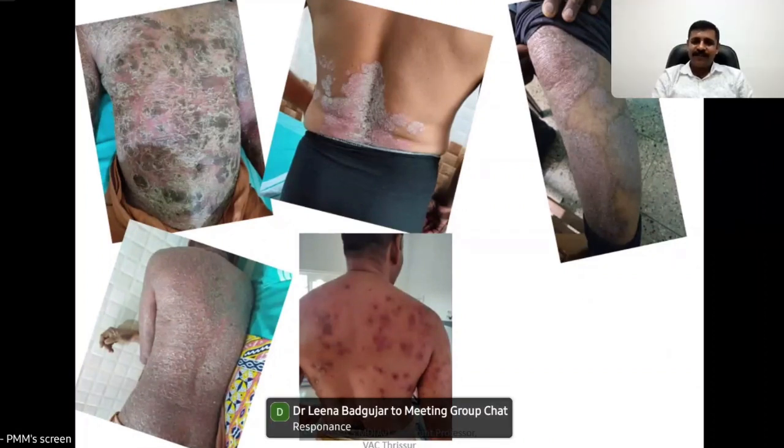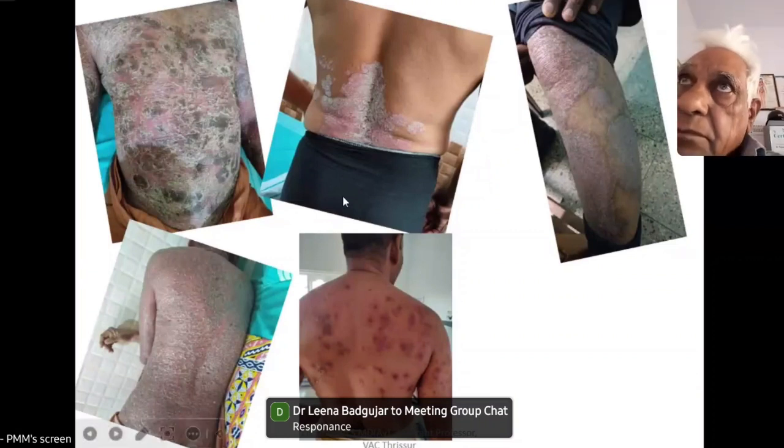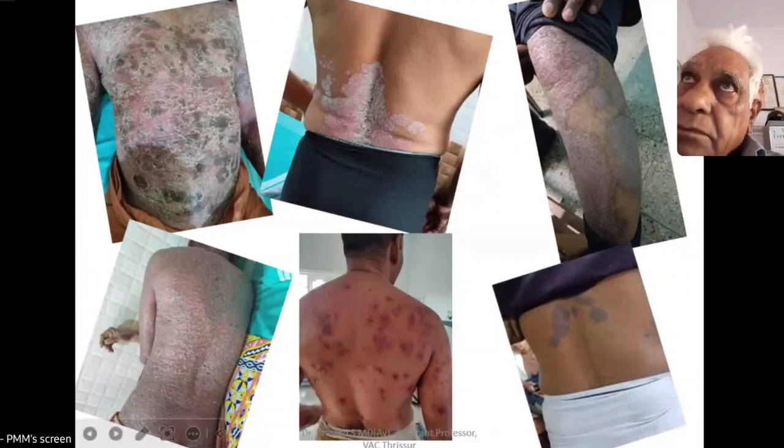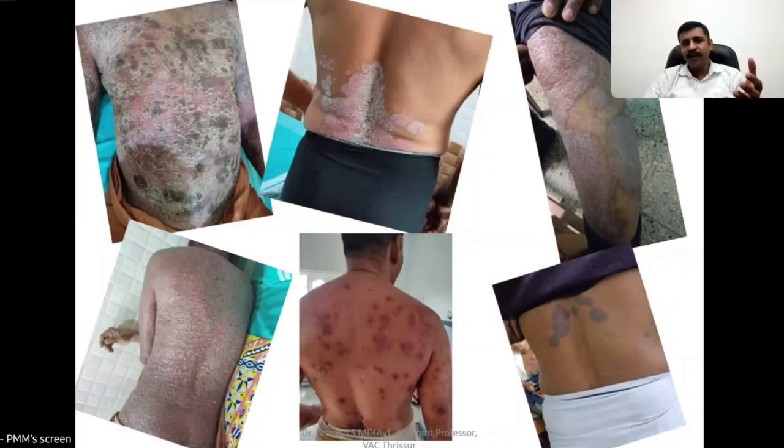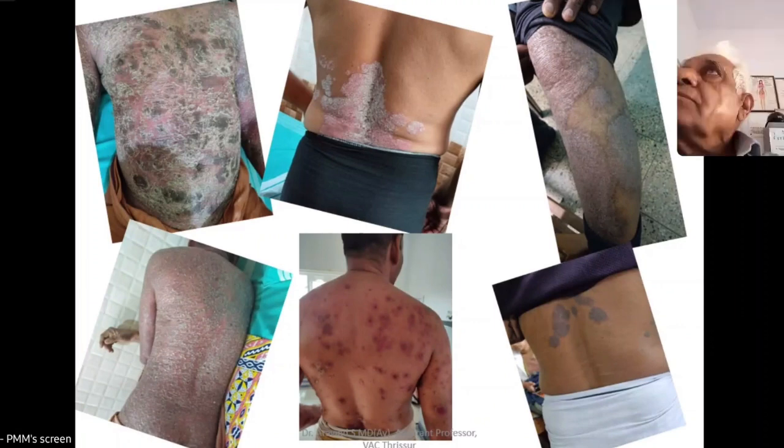So these are some of the lesions or cases which are occurring in our community. When we look at these kinds of pictures, it is very difficult to diagnose whether it is a plaque psoriasis or